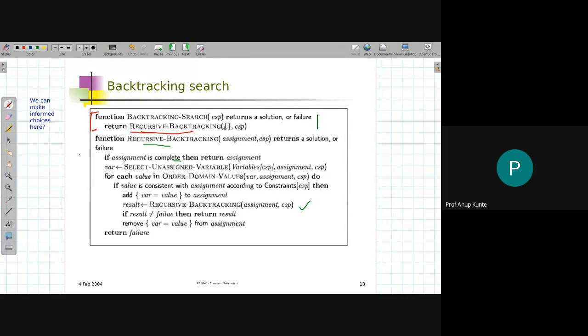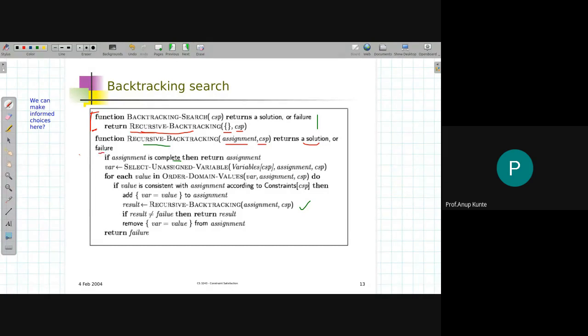To start with, we have an empty assignment, as we discussed earlier, and the definition of the constraint satisfaction problem. So the CSP is given as input and an empty assignment is given as input to the algorithm. What this algorithm does is either find a solution or fail.